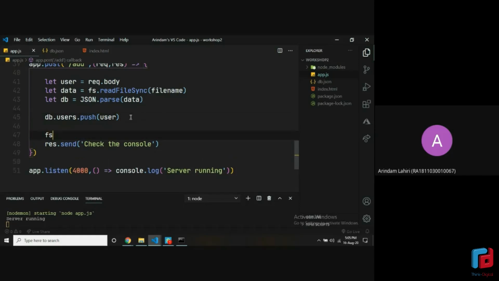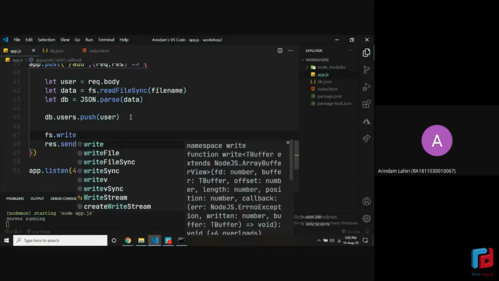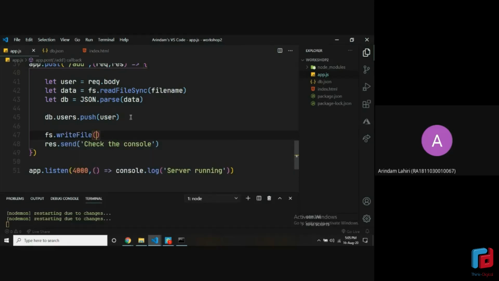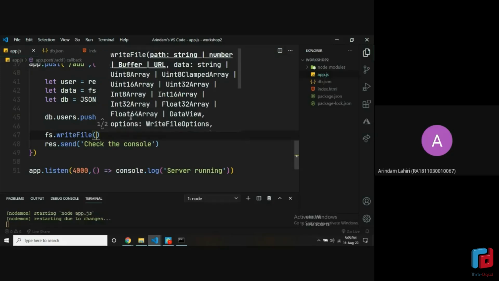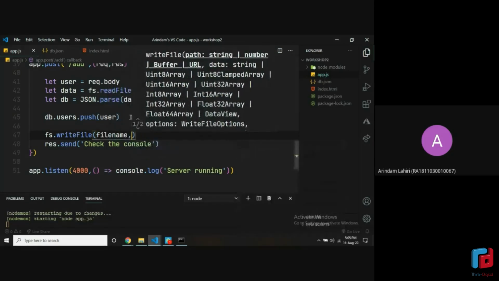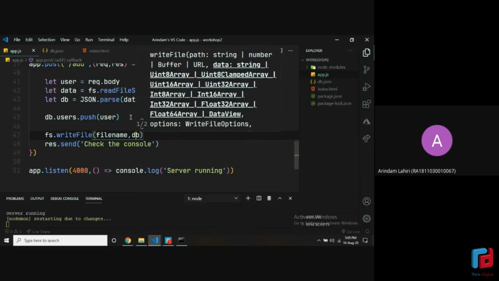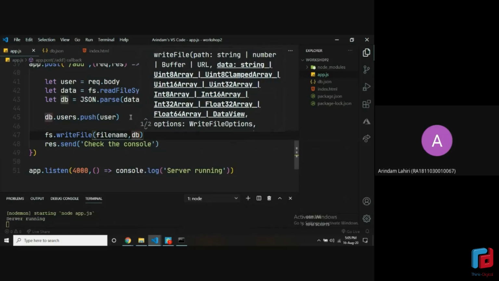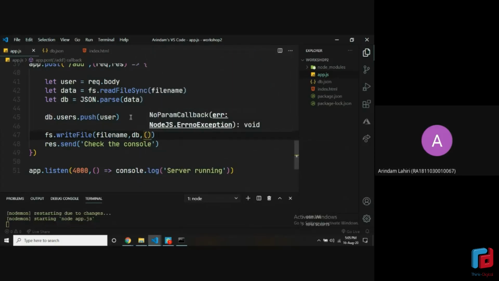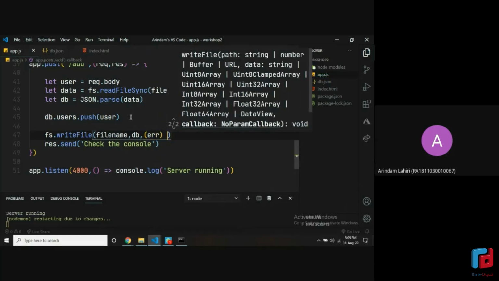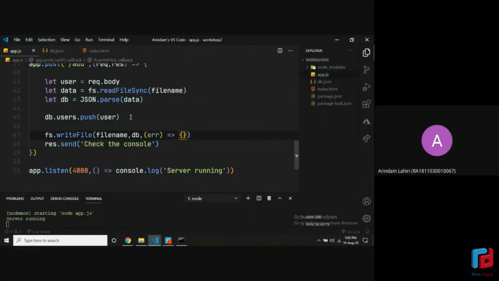So after this, we'll do fs.writeFile. Again, coming back to the asynchronous way of doing this. So writeFile, the file name, because that's what contains the database, the db.json, all right? And we'll be writing db, the object which we got. And then any error that's expected, and then the function.